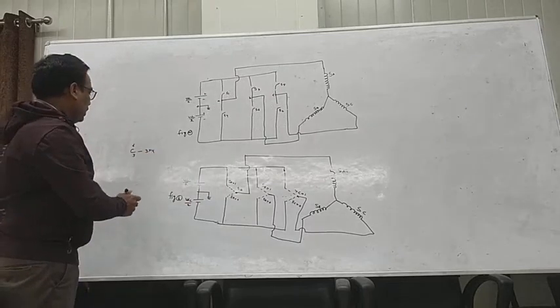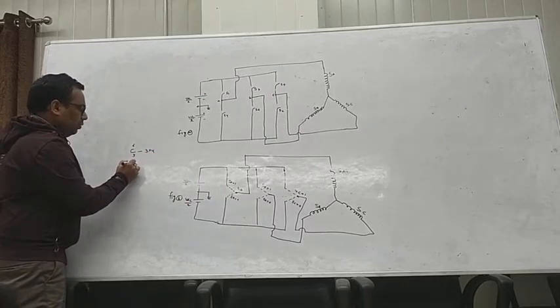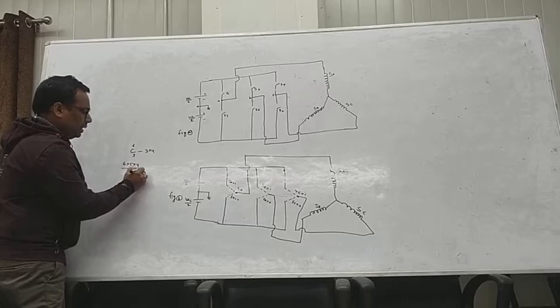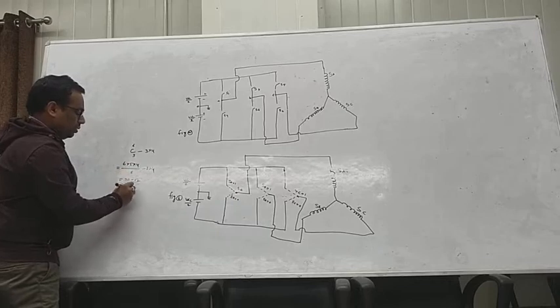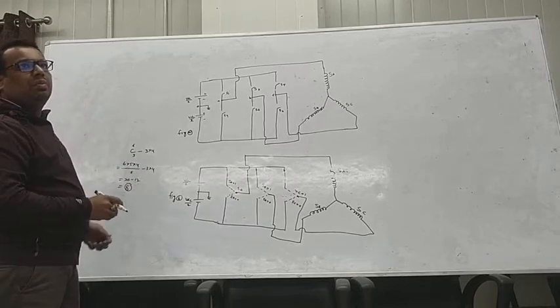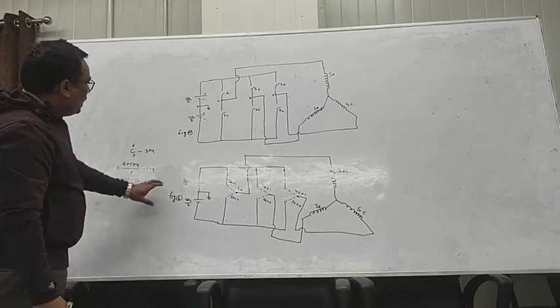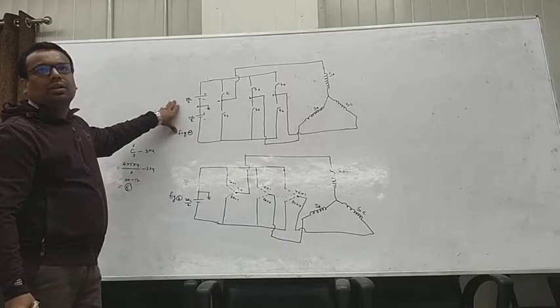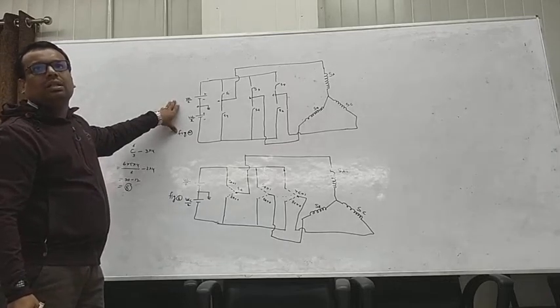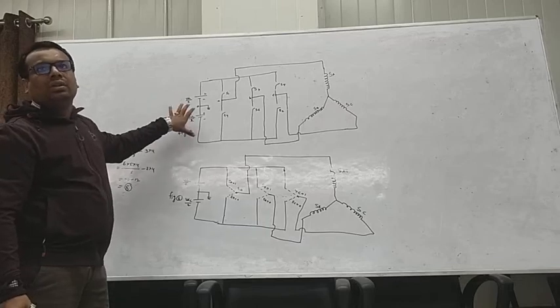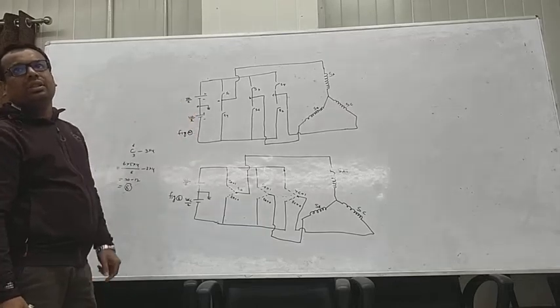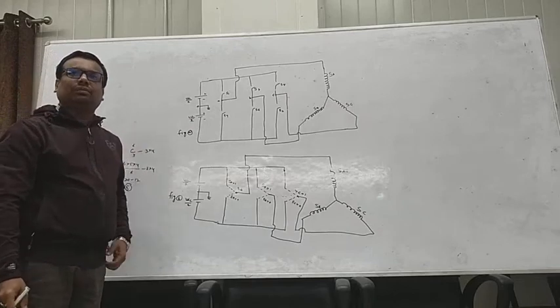So then this is equal to 6 into 5 into 4 divided by 6 minus 3 into 4. That is 20 minus 12, so you are getting 8 possible switch combinations. It means that this two-level voltage source inverter has 8 possible combinations. You have to control this inverter in 8 different ways. This has 8 possible vectors.